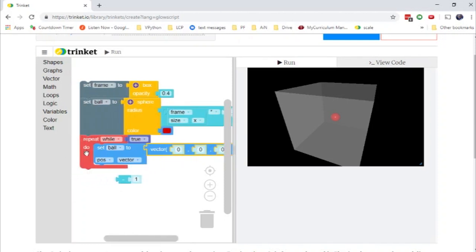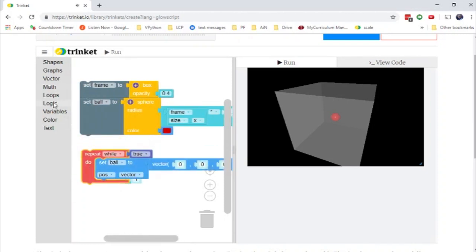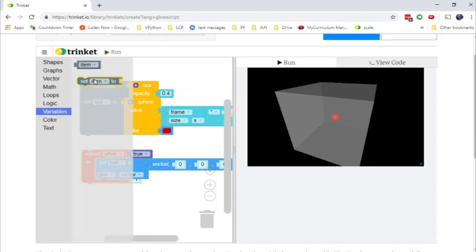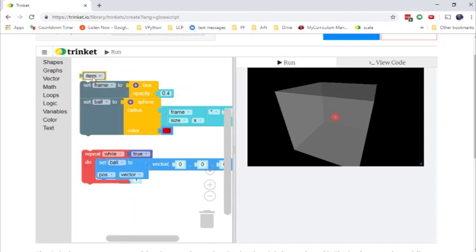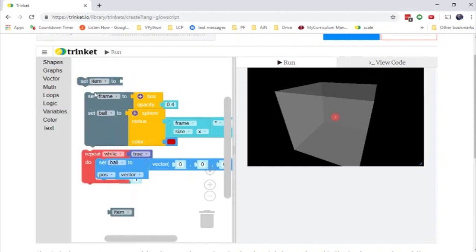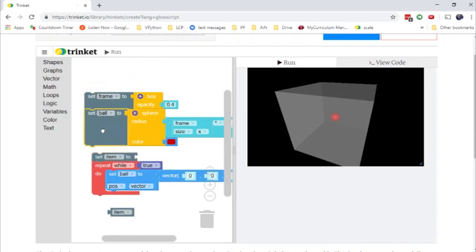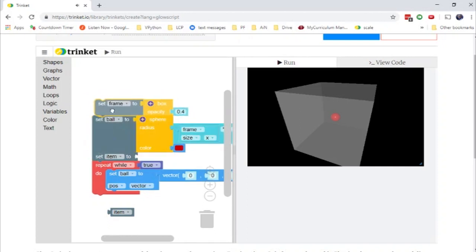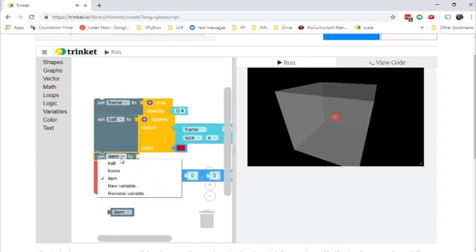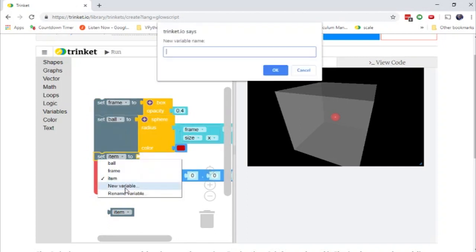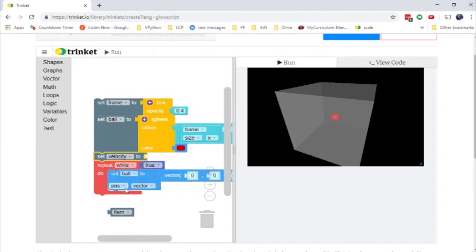So actually, one thing I need to do before all this is set up a velocity. So we're going to go with an item. No, not an item. Well, I will need an item in a minute. Let's go set item 2. We'll put that in between here. Put this up here. Put this up here. And then I want to set a new variable. We're going to call this one velocity 2. Let's give it